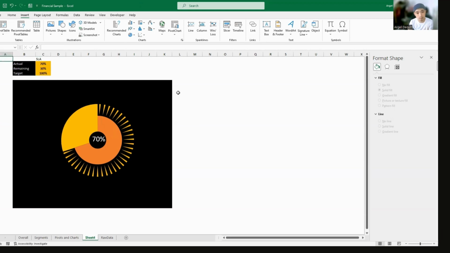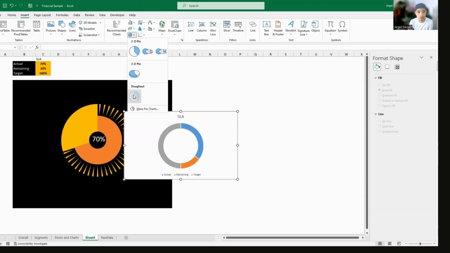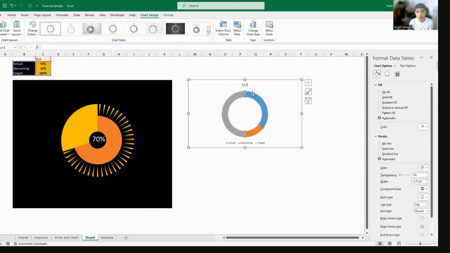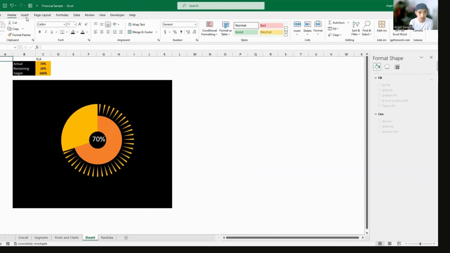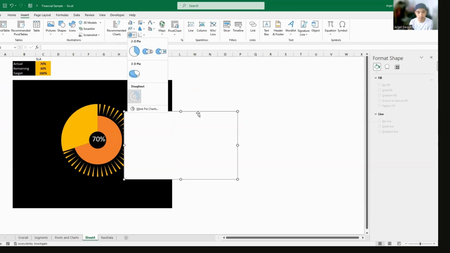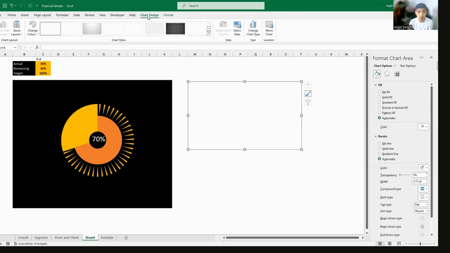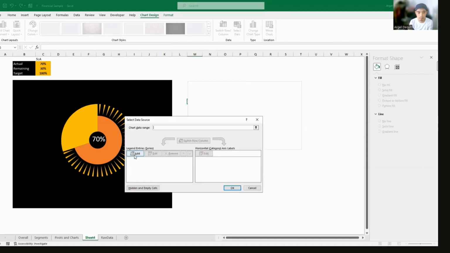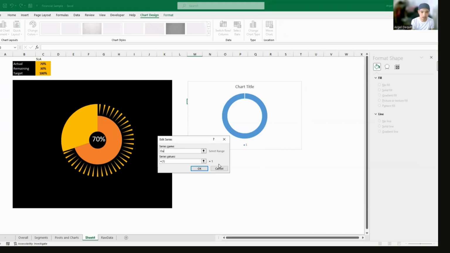So let's move on by replicating this chart. Go to insert and click on the donut chart there. Again, let's make sure we're not adding any numbers here yet. So click on insert, go to donut. Make sure it's blank and go to chart design, click on select data, click on add, and let's say it's outer. Now we're going to be building the outer sides first by putting in ones as values, and make sure that you separate them with a comma.